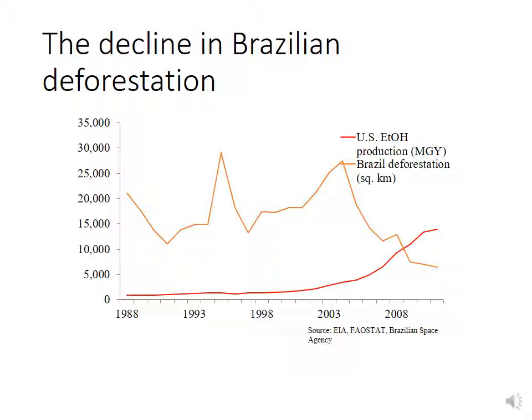One particular region of the world that has been the center of this debate is the Brazilian forest. What we see in this graph is that U.S. ethanol production, in particular, which has taken off dramatically since the late 90s, that phenomenon occurred during a period in time in which deforestation in Brazil decreased significantly as well. And so just by looking at this graph, it would be hard to conclude that U.S. ethanol production is increasing deforestation rates in Brazil, when actually it appears that the opposite has been happening.